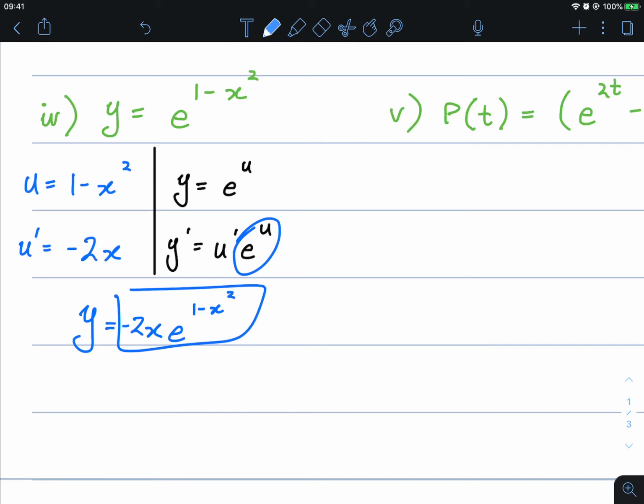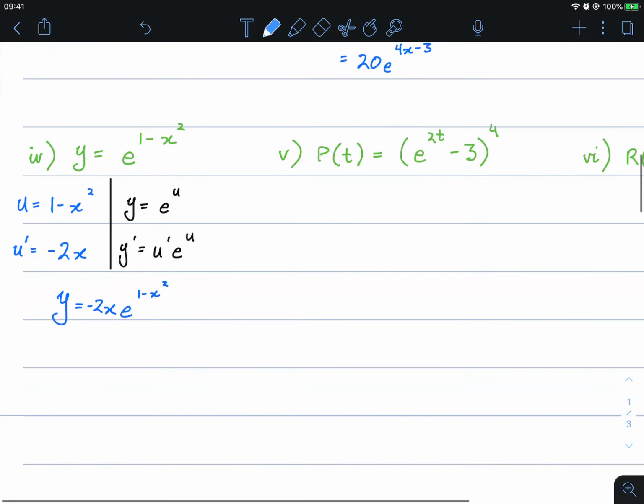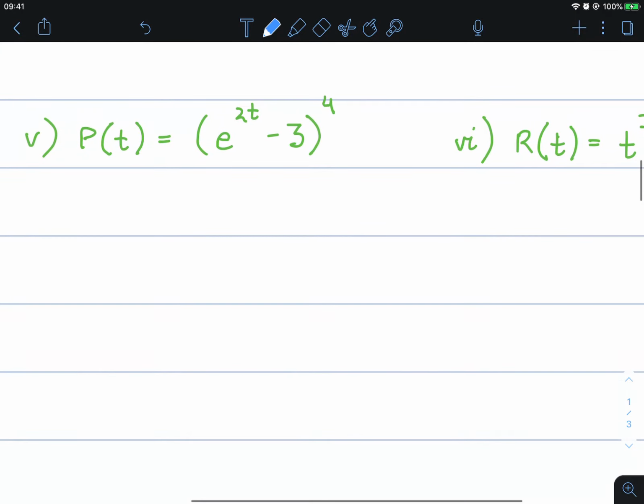Of course, you can do all of this in your head if you'd like, and you don't have to do all of this on the page itself. Here's where it gets slightly trickier. So this is a chain rule with e to the x. So we're going to derive p of t, so this is going to be p prime of t. Deriving the group, it's going to be 4 on the outside times the inside function as it is,